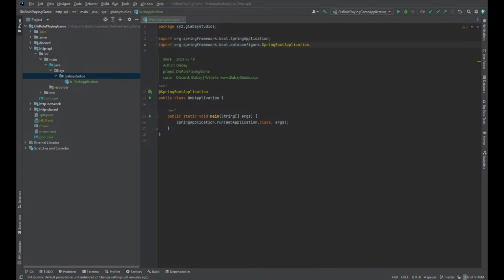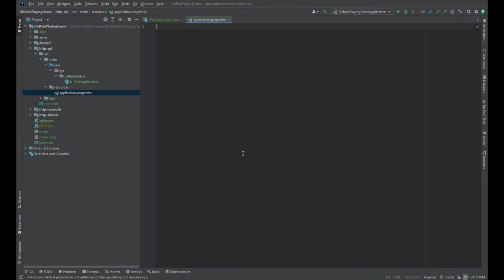My next thing I'm going to look to be doing is we're going to build a resources, and we're going to build a build. Oh, okay, slow down. We're going to need to make an application.properties. Okay, so application.properties. In here,